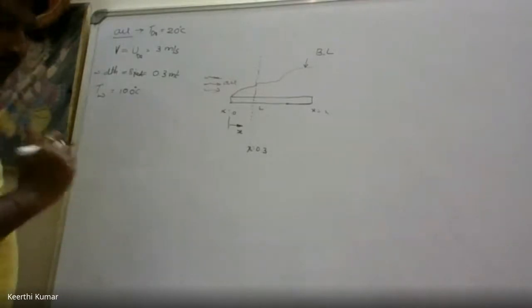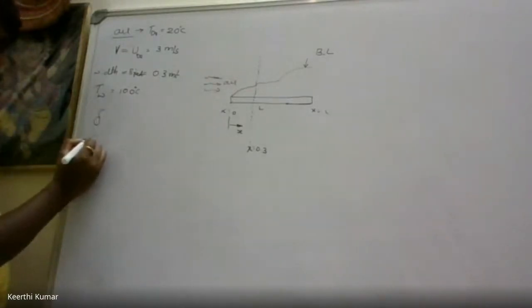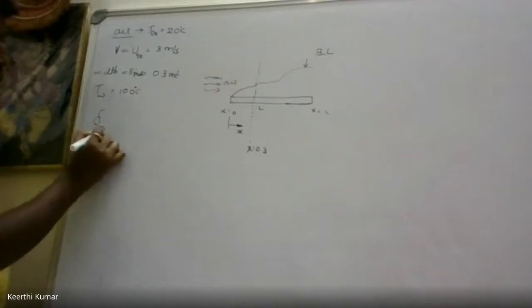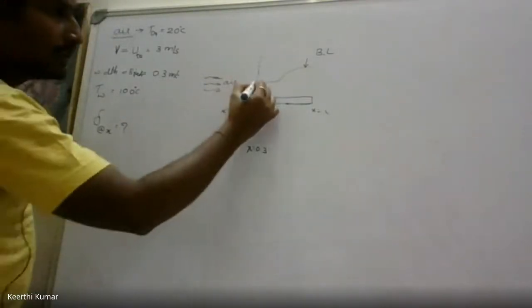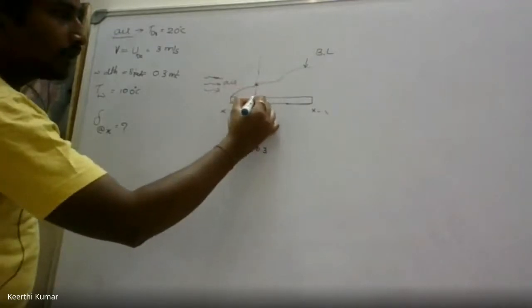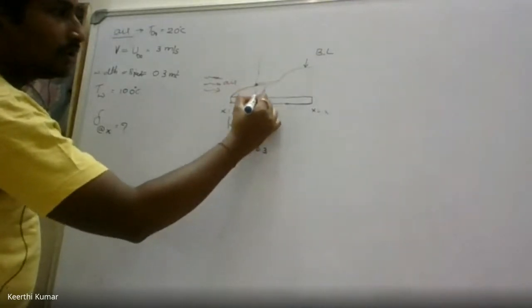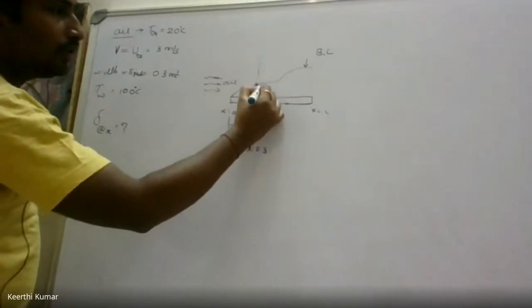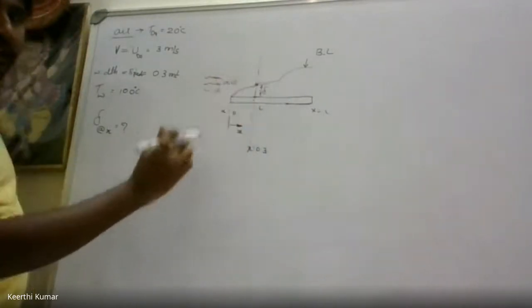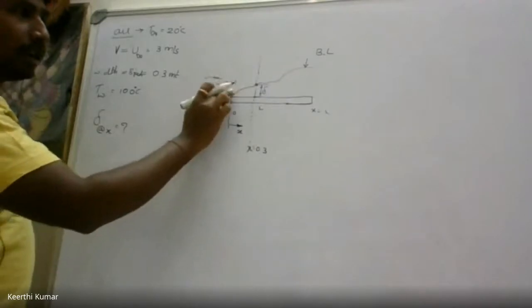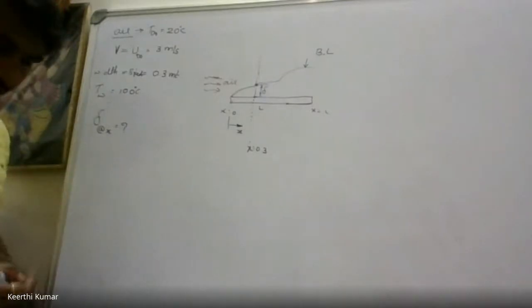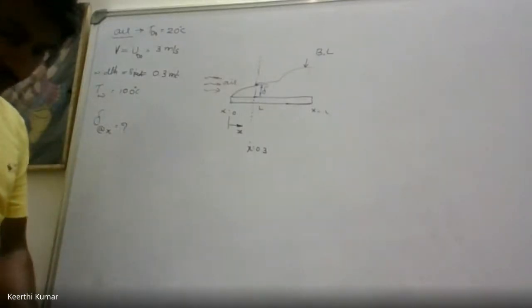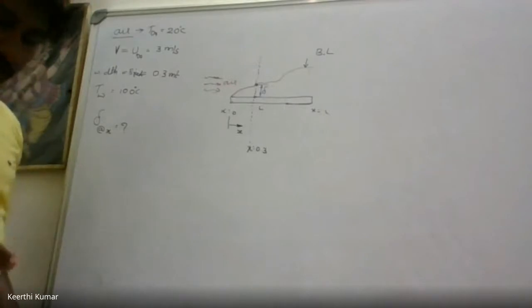Boundary layer thickness, what is the notation? Delta is the boundary layer thickness at x. Delta at x equal to 0.3. Can you show where the delta is in that figure? The delta in this figure is the distance from here to the surface. This is called delta. Clear? The value of delta varies depending upon the value of x. Here it is 0, then it will increase further to the maximum extent. That is the value of delta. Next, so first he's asking that. Next, local friction coefficient.